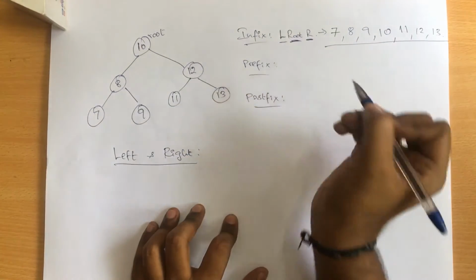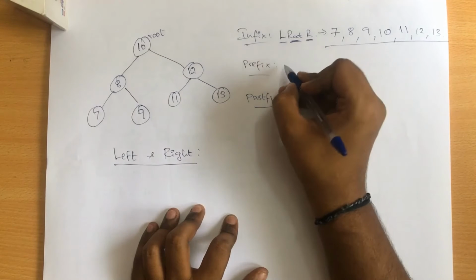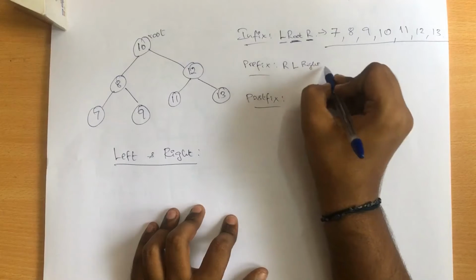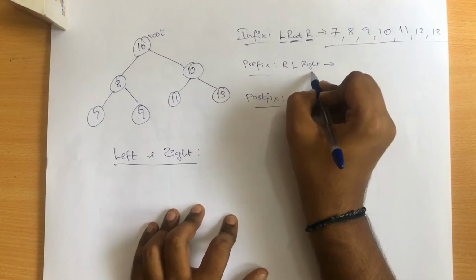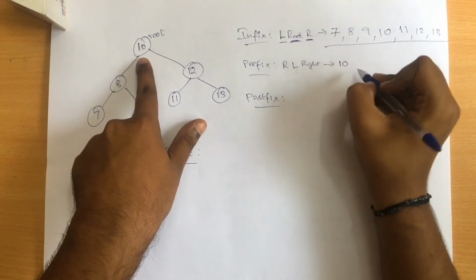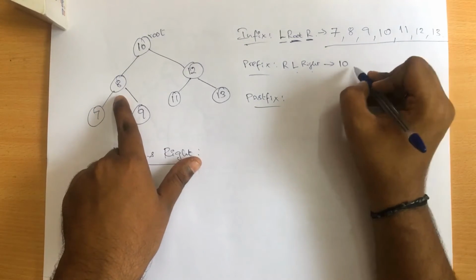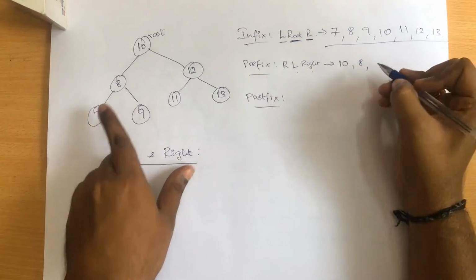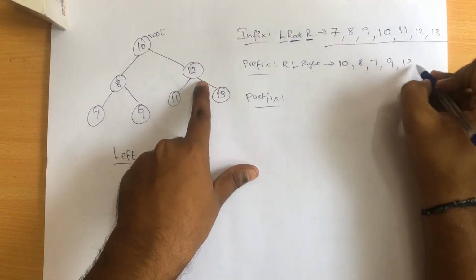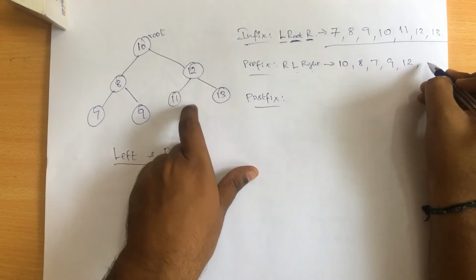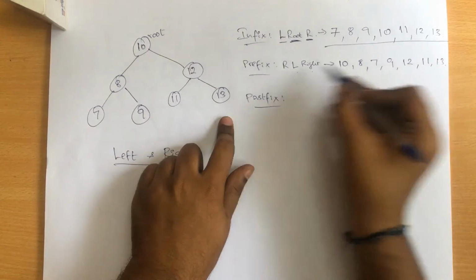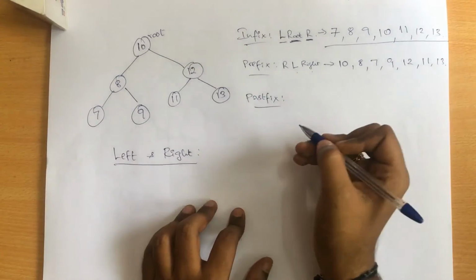So next, let's go with prefix. So in prefix, first value should be root, followed by left and then right. So root, left and right. So first is directly print your root node. So your root node here is 10, and when I go with 8, 8 is also a root node, so I will be printing 8, and left node is 7, and then right node, that is 9, followed by that 12 should be printed since it is a root node, followed by 12 I need to print 11, and then right node, that is 13. So again we have the prefix order here, or you can say pre-order values.